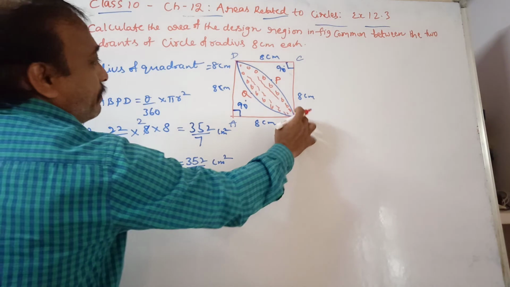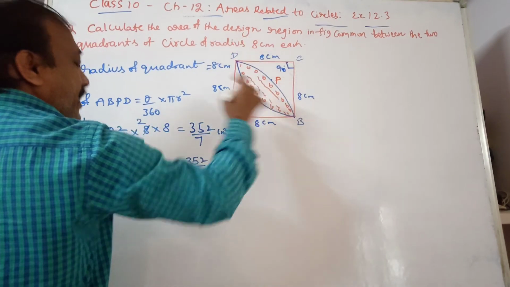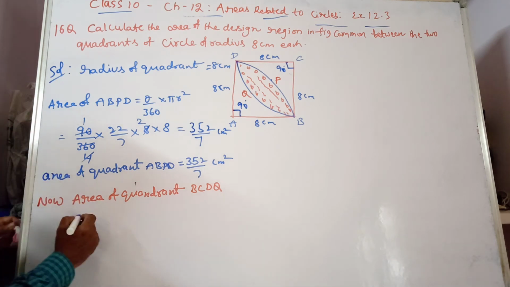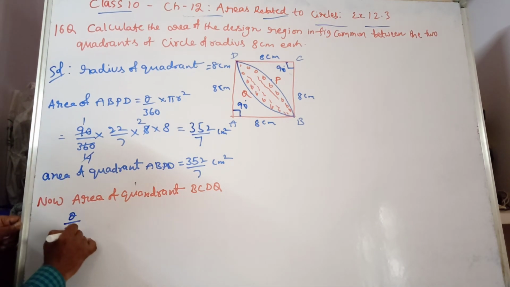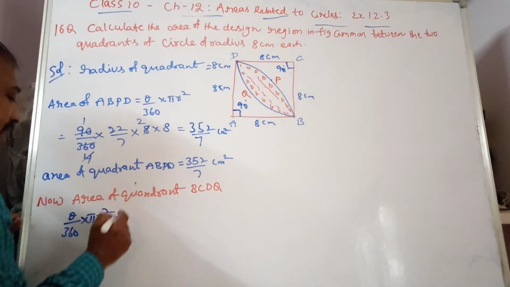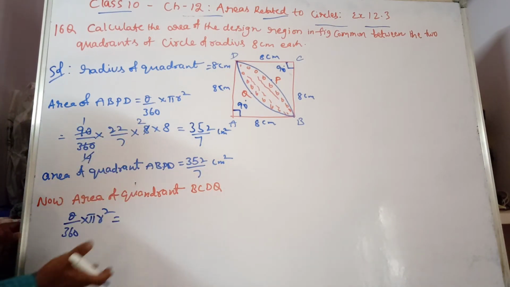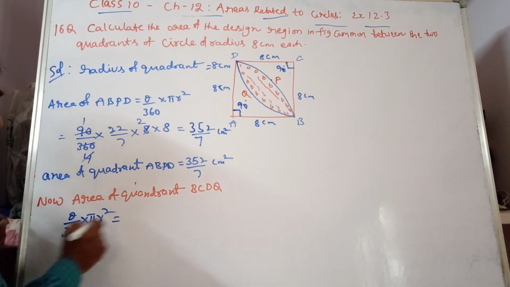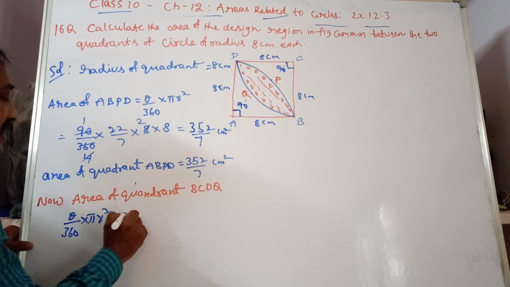BCDQ. See, look at this. BCDQ, that area we are going to find out. Again the same formula, that is theta by 360 into pi r square. Radius is same for both the quadrants, so you can multiply directly with 2. So theta by 360 into pi r square,